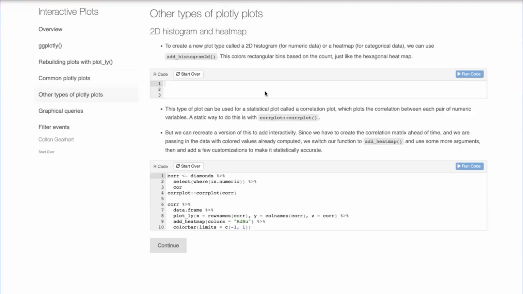So the first one that I'm going to show you is going to be a 2D histogram, which is for numeric data, which is like the numeric analog to a heat map. So it's very similar to the hex map that we showed earlier. So to build this one, super easy. We can just take our diamonds data